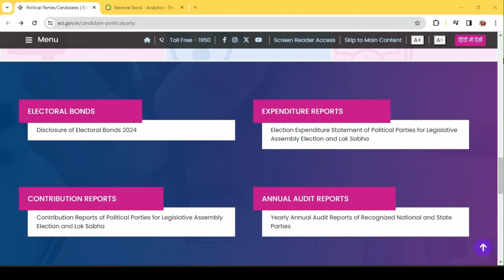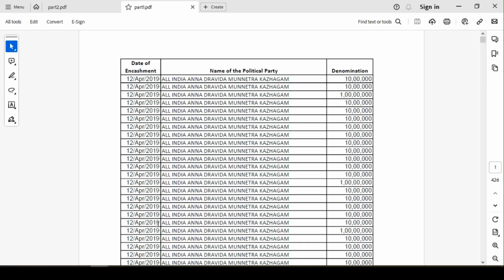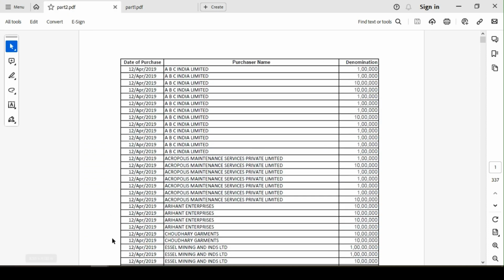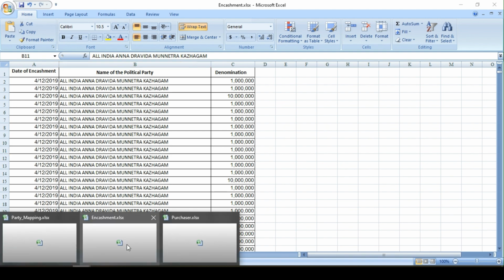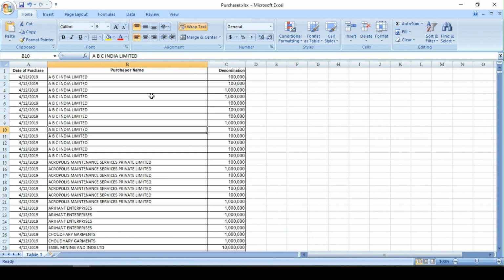Hey guys, today let us create a simple Qlik Sense dashboard using this publicly available dataset, the electoral bond dataset. The dataset is available as PDFs. There are two parts, part one and part two. The first step is to convert this into Excel files, one with the encashment details, the other with the purchaser details, who purchased the bonds and in what denomination,